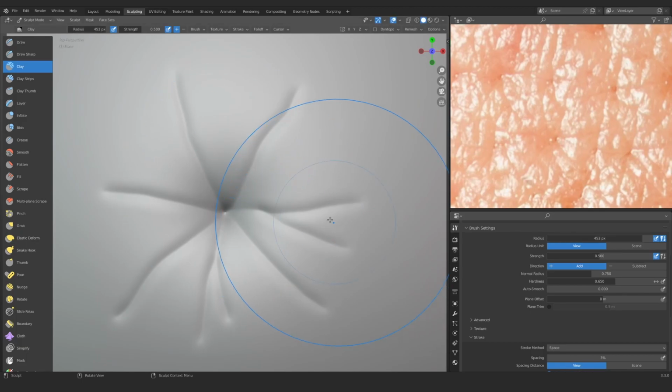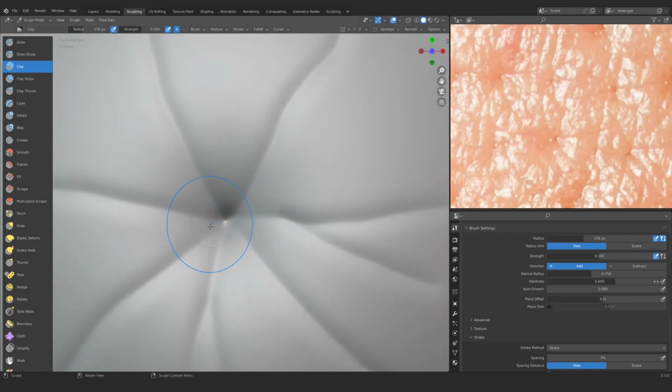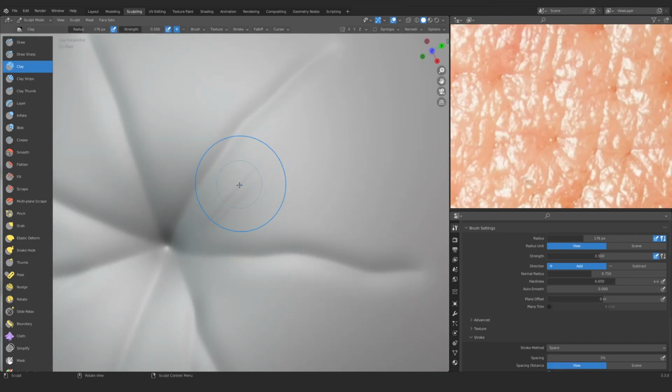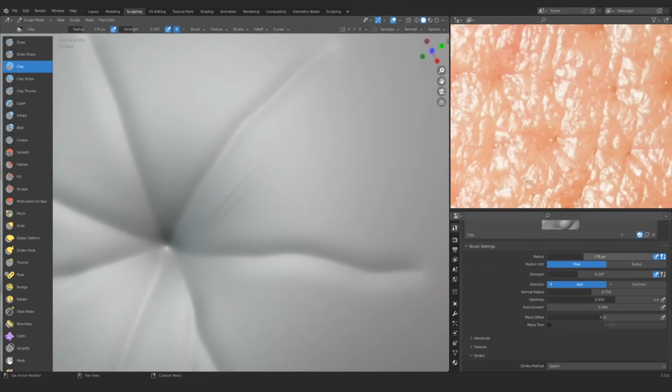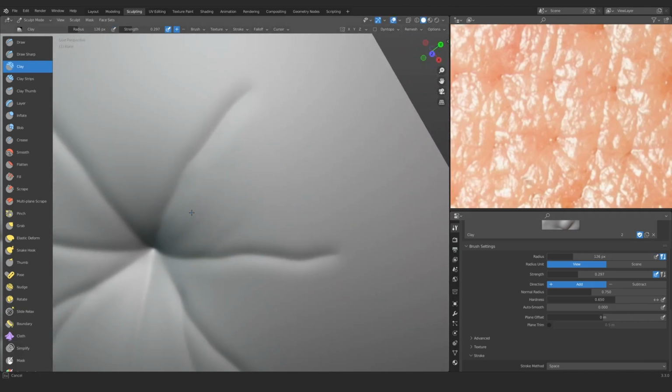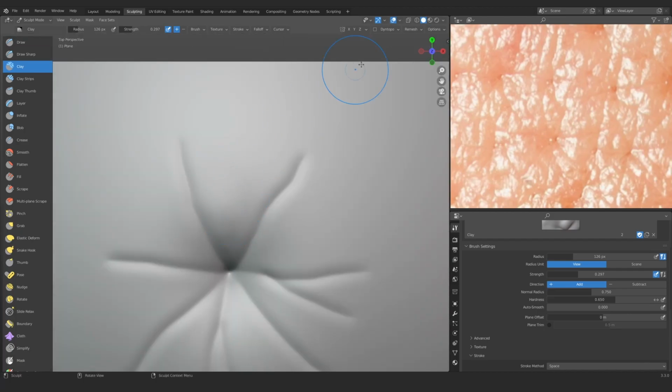Now what you can do, you can use either the draw brush or the clay brush to basically add volumes in between. Try not to add the volumes on the outer part of the plane, which is something that I am gonna do, and then I have to remove that from there. But yes, you can see that